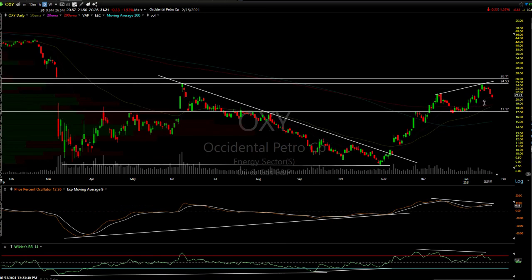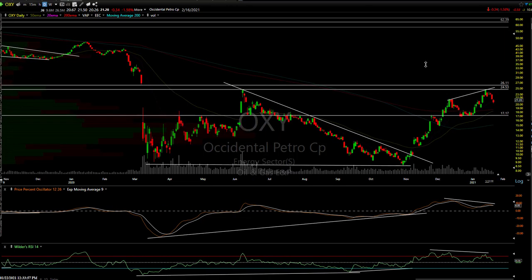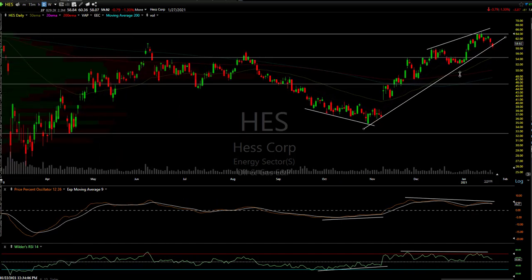XOY, I don't have a clean up trend line on this one, but you can see the divergent highs, just like you had a big divergent low right here. There is your breakout, very clear breakout, back test, and boom, that was a catalyst for this rally right up to resistance, negative divergence, rolling over off resistance. And again, I don't have a trend line there, but you can see there's a potential target, that's 17.17-ish support. HES, Hess Corp,